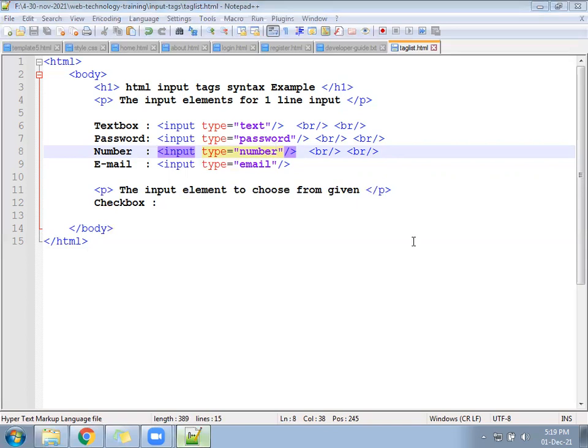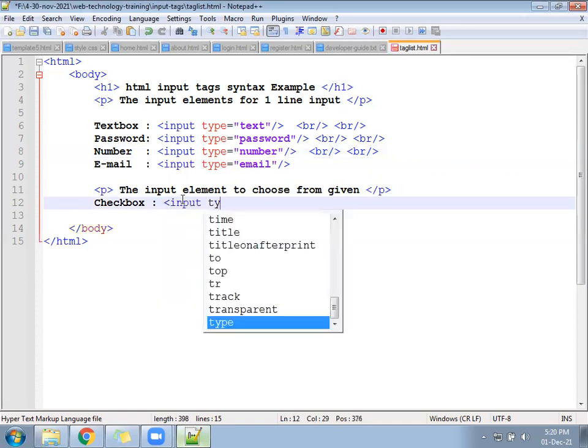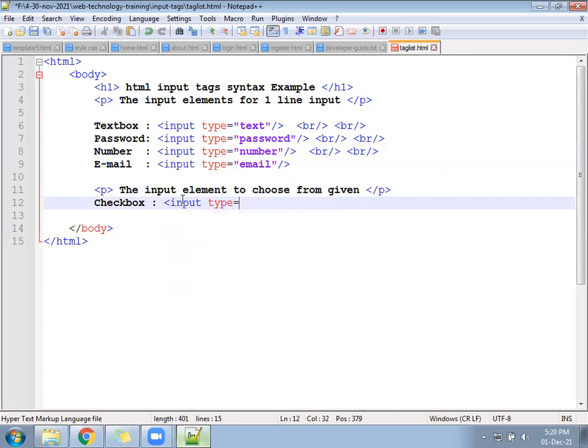Okay, next after that, input type equal to checkbox. Write in the last, maybe Apple.